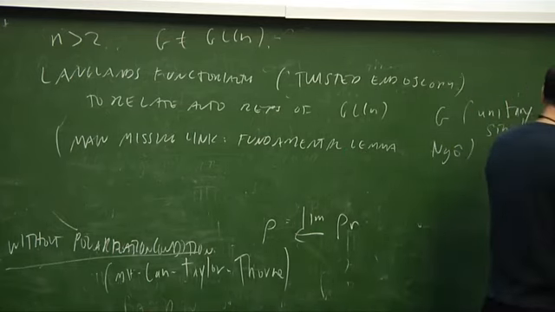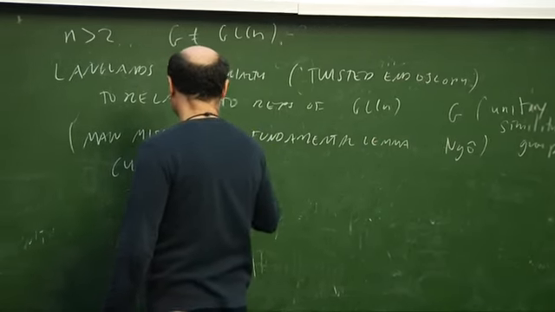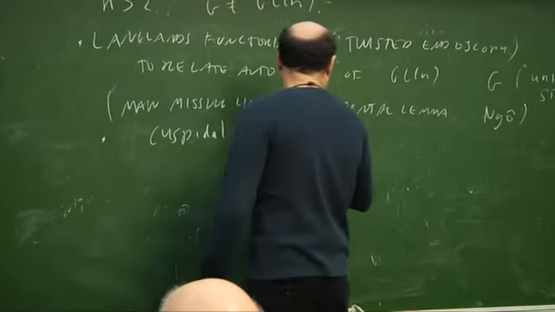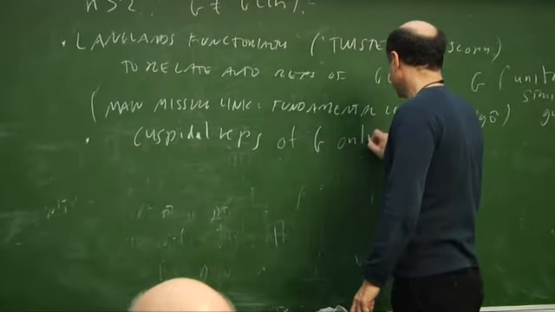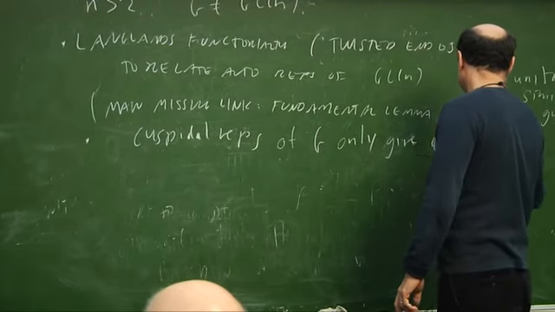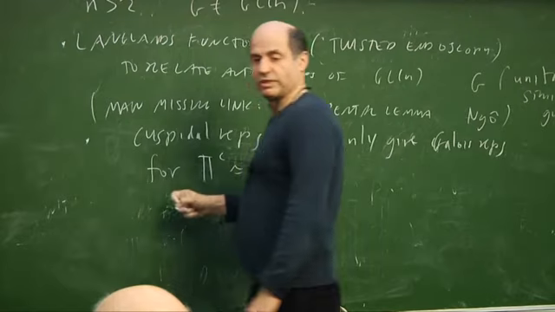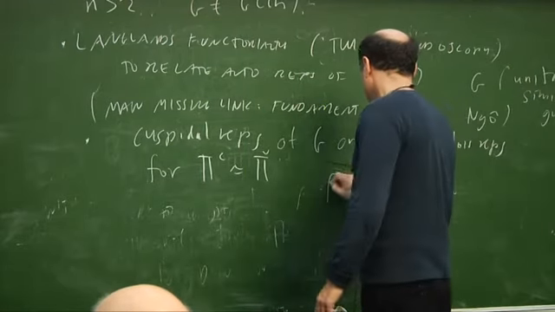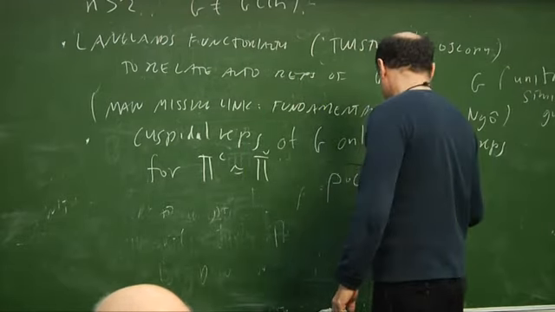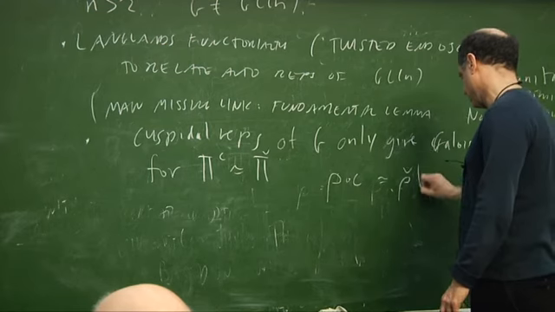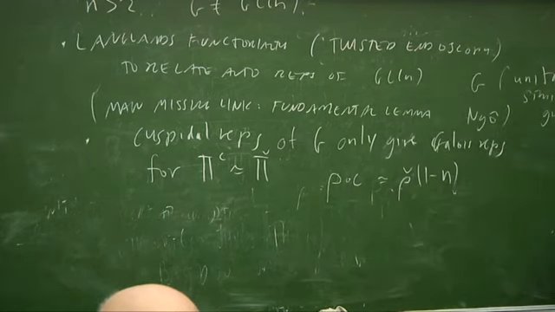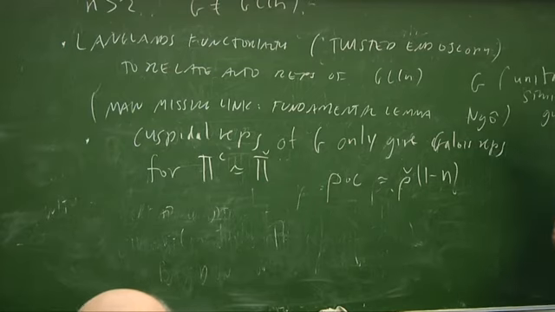Well, the second problem is that cuspidal representations of G only give Galois representations for pi of this kind. In other words, this means that rho bar composed with c is isomorphic to rho, but this is not quite right. I think it's one minus a Tate twist. I think that's the right normalization. So we get only this subset of the representations we expect,